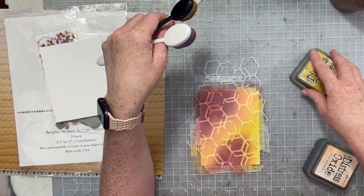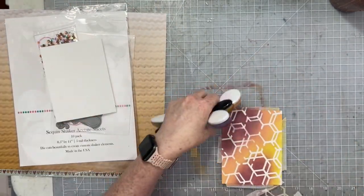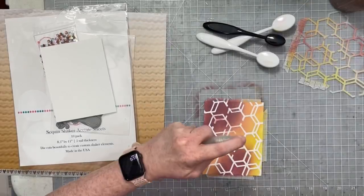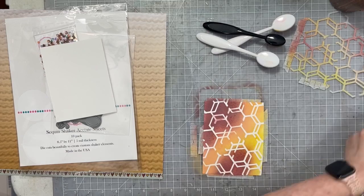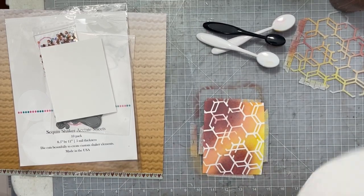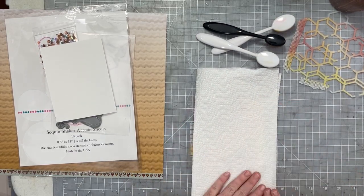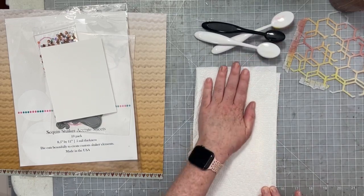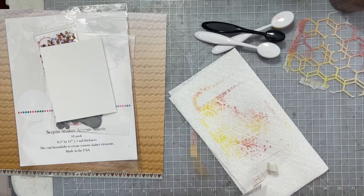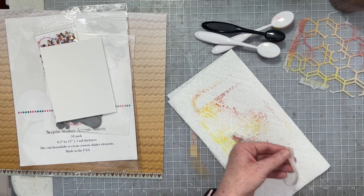Once I have my ink blending finished, I want to go ahead and add just a bit of water to it. I want to get some of that oxide look. So I'm going to go ahead and grab a mini mister. I'm going to spritz a good bit of water on my paper. I wanted a good bit of oxide look to this particular paper. And then I'm going to hit it with a paper towel to soak up any of that excess water and to pull up some of that ink. And now I'm going to set this aside and die cut all of my